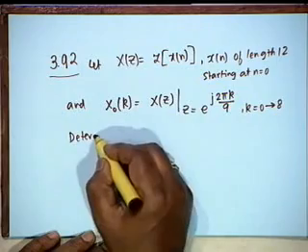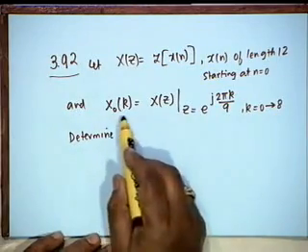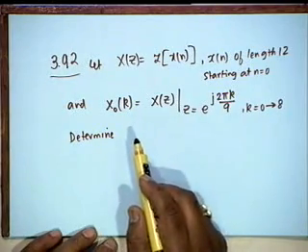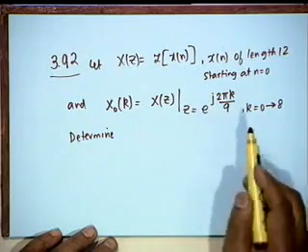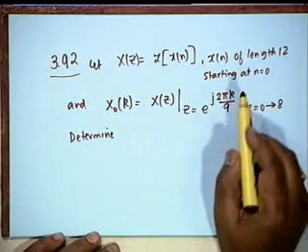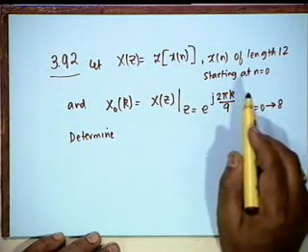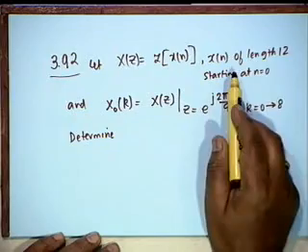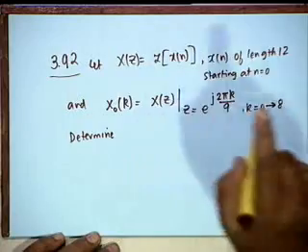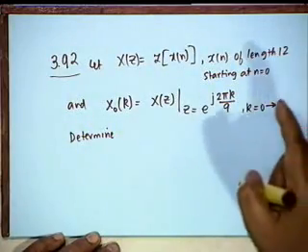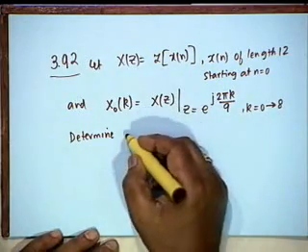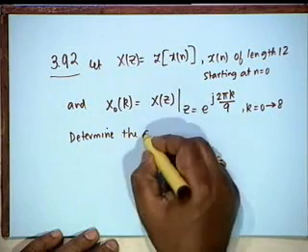Determine, what does this mean? This means a 9-point DFT. 2 pi by 9, and therefore it is a 9-point DFT. The question is, but the sequence length is 12, right? So for a length 12 sequence, first you have taken the Z transform, then the Z transform is sampled on the unit circle at 9 samples. That can be done, no harm, but the problem is to determine the 9-point